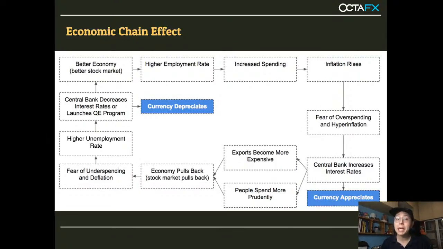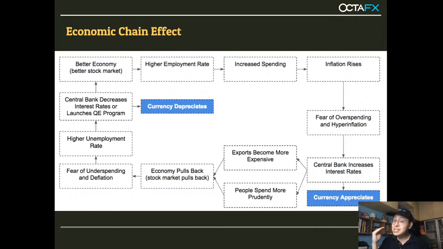And when people are paid more, they have bonuses, their salary increases, they are happy. Then what will people likely do? They'll increase their spending, right? They're going to buy more stuff to enjoy themselves. So spending is going to increase. Now when everyone starts to spend money in the economy, what will happen? All the prices will start to increase, right? Because if I'm a business owner and my business is very good, I'll be thinking, well, now I can increase my price and I can still make more money. If every business does that, then inflation starts to go up. So that's why you can see the next cycle here is inflation rises.